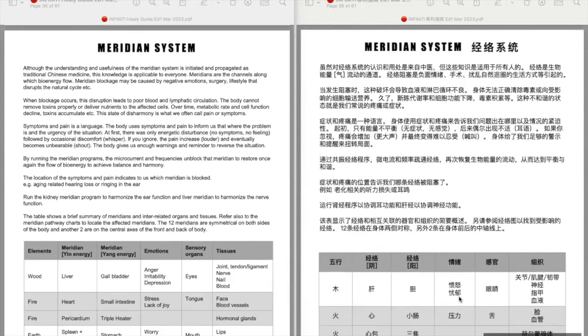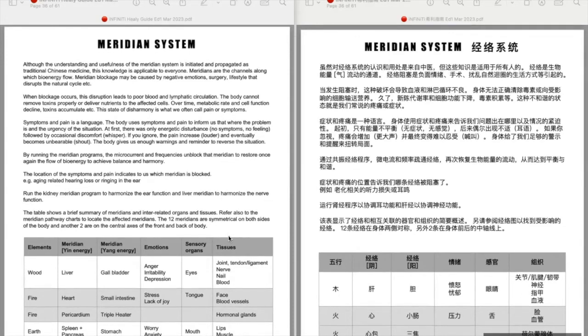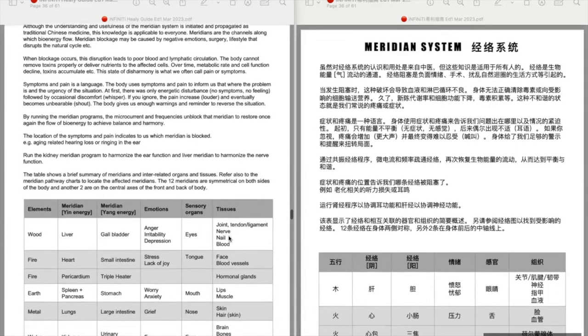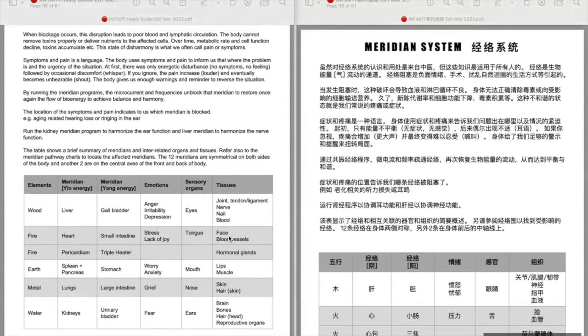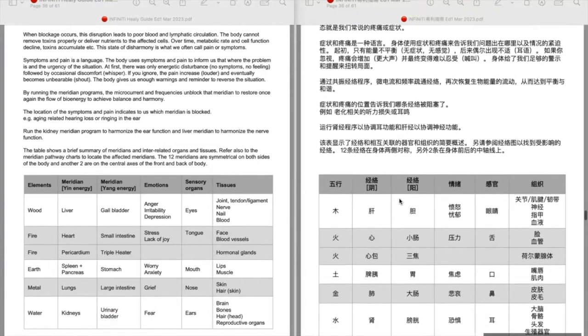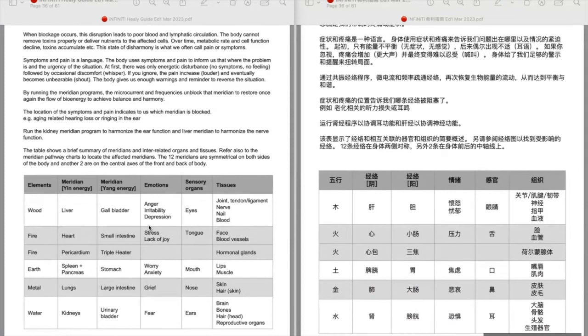Okay, now next comes my favorite, the meridian system. The meridians are actually very useful. I can talk one whole hour or 1.5 hours just about meridians. But I will not give you too much information right now because you're already getting information overload. Here the meridian is mirrored in your emotions. And when the meridian is blocked, it can actually affect, or the indicators will come to you in other